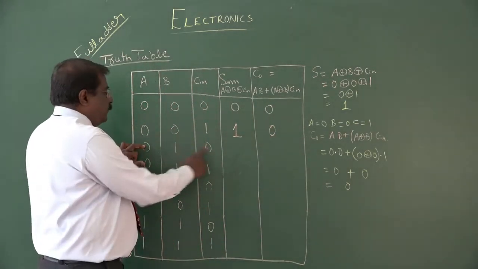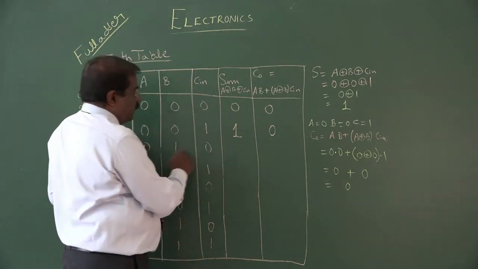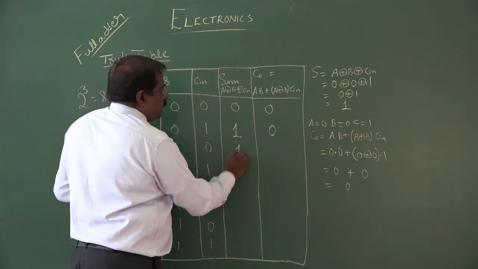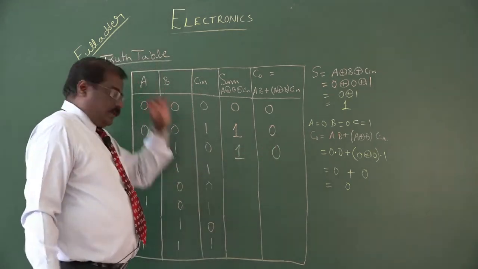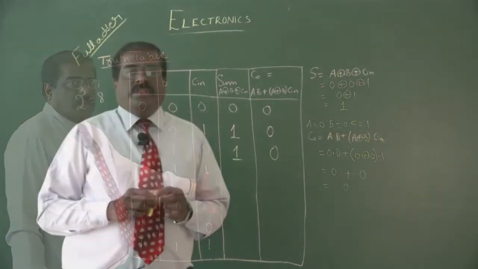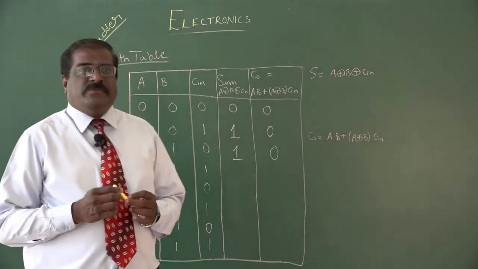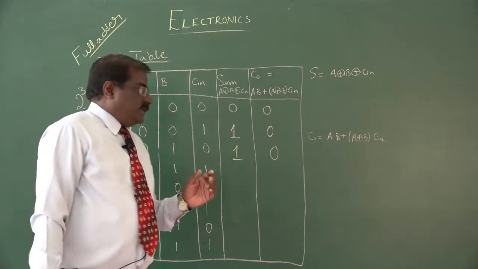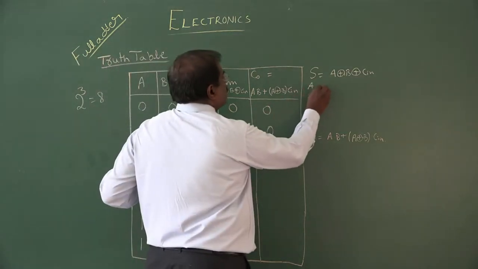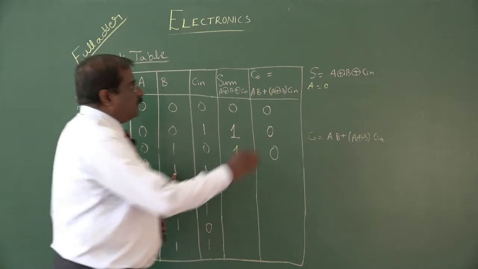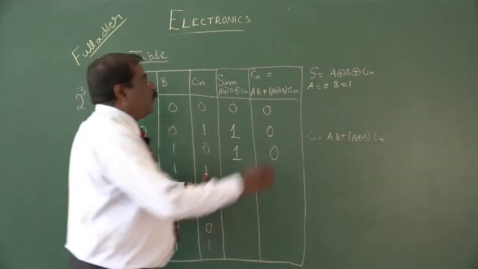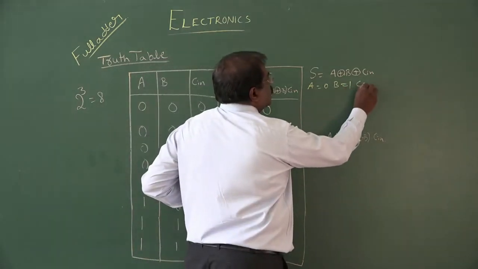Now up to here the same thing, 0 XOR 1 and 0. At that time the same thing will hold good. Here the sum will be 1 and the carry will be 0. Now here 0, 1, 1. When the two inputs are 1, we will discuss what will happen in the case of the output. So A is equal to 0, B equals 1 and C equals 1, okay.